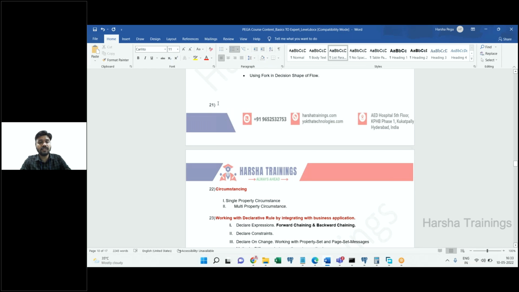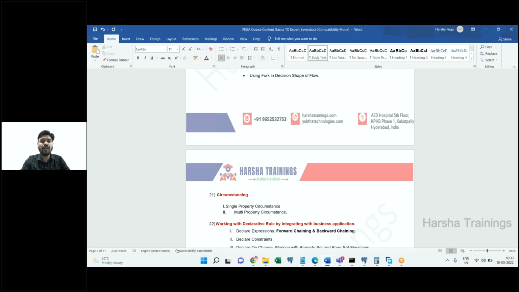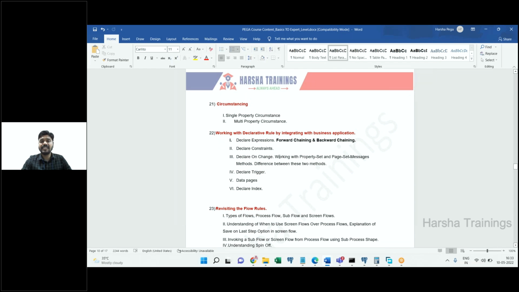So this circumstancing concept is all about polymorphism concept in object-oriented programming. So where we are going to look at understanding about single property circumstance and multi-property or template circumstance with real-time business examples. And section 22 of this course content is about working with declarative rules by integrating them into the application,